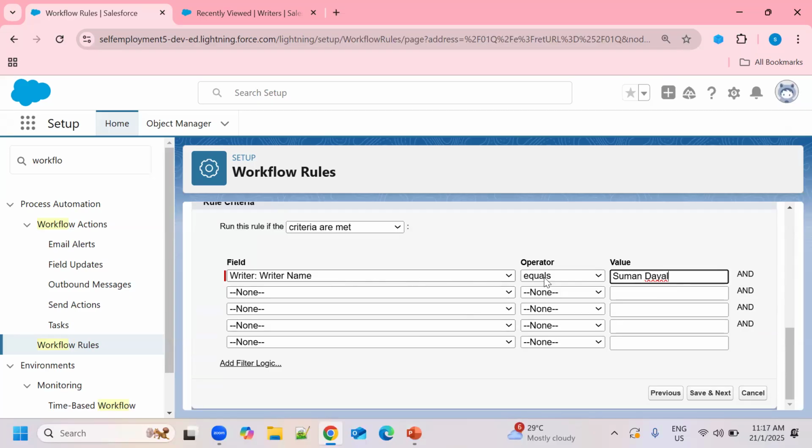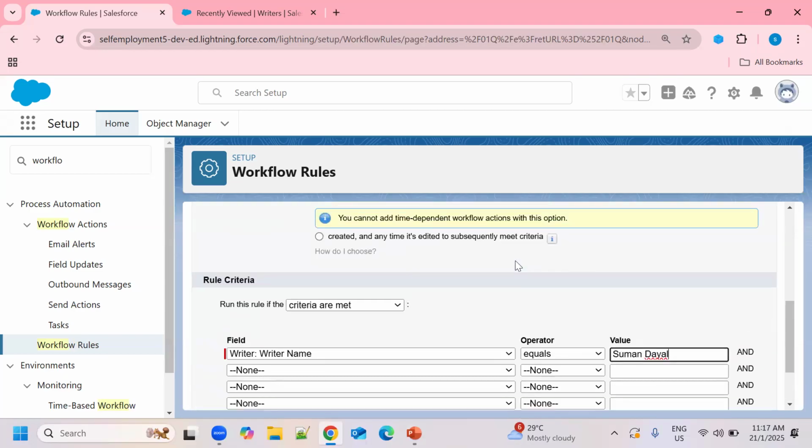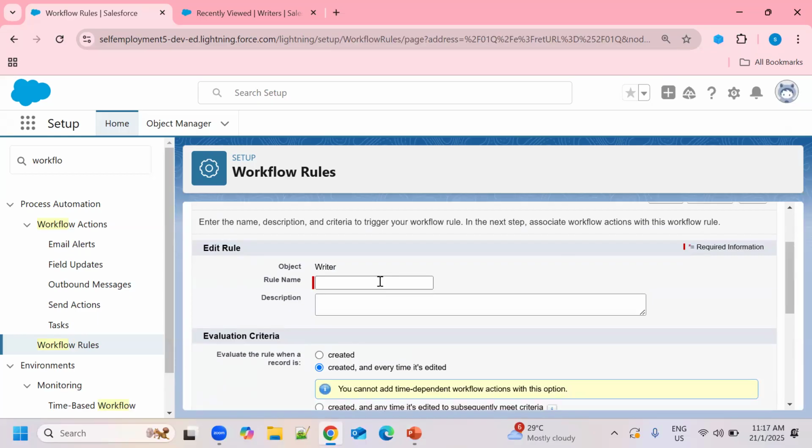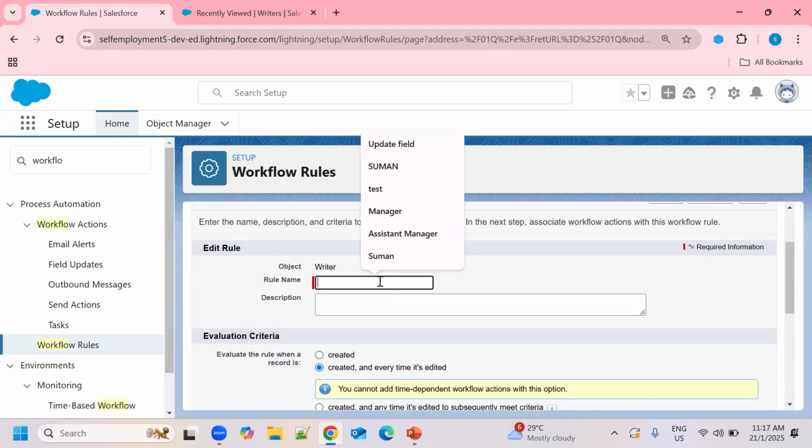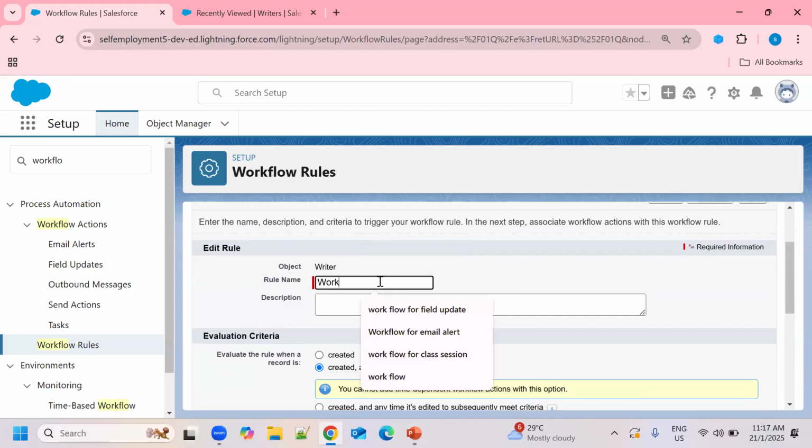This criteria must be followed. If this criteria is met, then this rule will fire. For now I'm just giving a name to this rule. I'm giving this name, workflow rule for writer object.